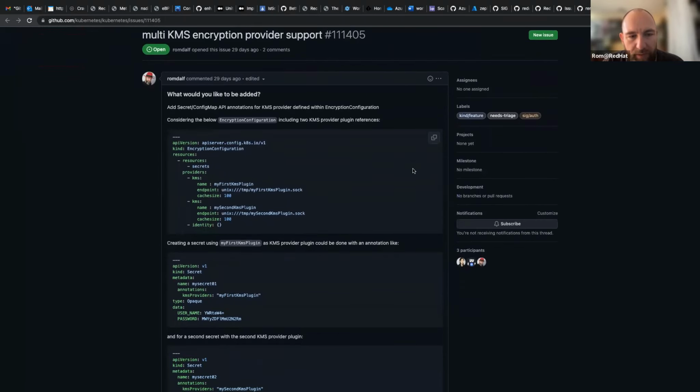So they might have the identity first and then the KMS provider, and they don't understand why it's not encrypted. So we have to explain to them that they need to change the order, because that's the way it is. It's going to look at the file, and if the KMS is second, it's not going to work. So that's more like a day two misunderstanding issue, I think.